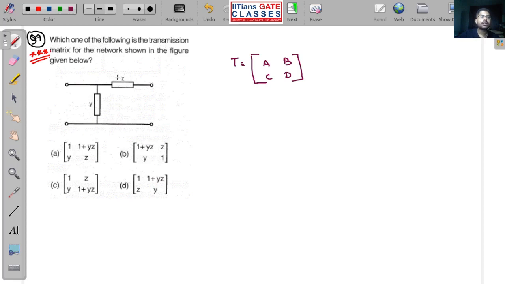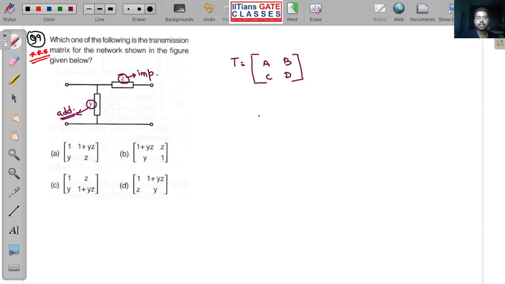Here look very carefully. This Z is my impedance and this Y is your admittance. So this thing they should have explicitly mentioned. This is one of the IES question, ECE IES question, previous year question. They should have explicitly mentioned that Z is impedance and Y is admittance. But it is also understood that by Z we denote impedance and by Y we denote admittance.